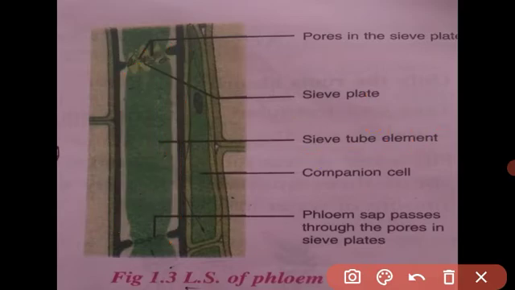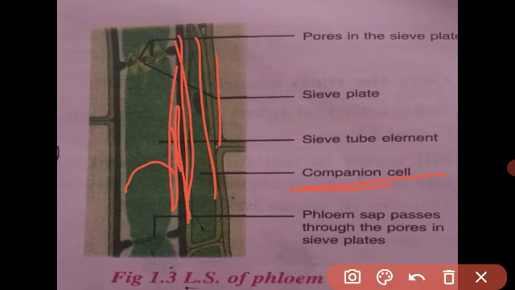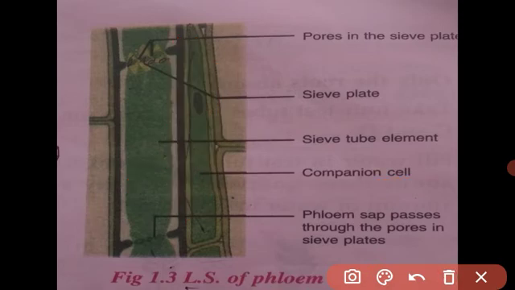The next type of cell is the companion cell. This cell is also elongated. It is attached to the sieve tube and gives support, meaning it has a supportive function for the sieve tube. The companion cell gives support to transport the food molecules from any direction in the plant. Got it? What is the companion cell? The companion cell is a living, thick-walled, elongated cell. It is found attached to the sieve tube and it helps the sieve tube conduct the food material to all parts of the plant body.